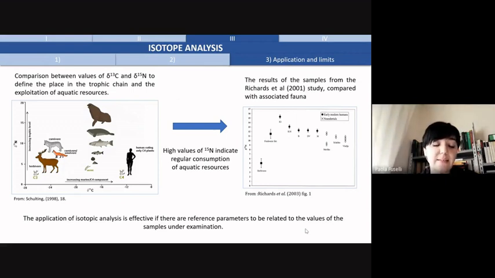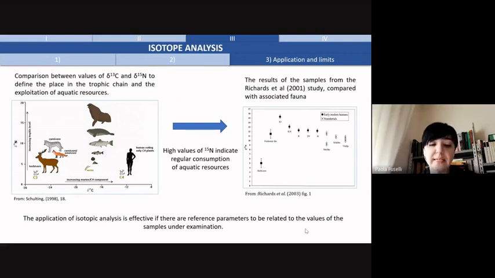Since high C13 values in a monoisotopic environment refer to a marine environment, and since in the marine food chain the value of delta N15 grows exponentially,